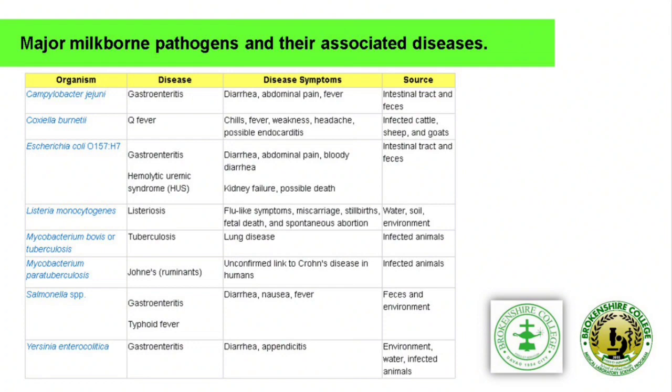Pasteurization could kill or destroy the E. coli O157:H7. Next, we have the Listeria